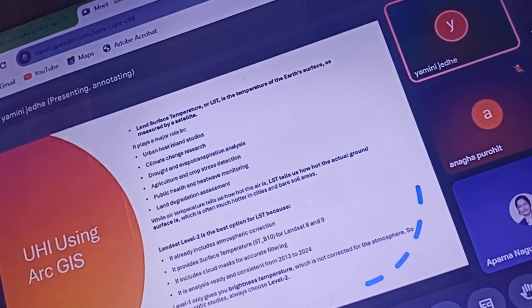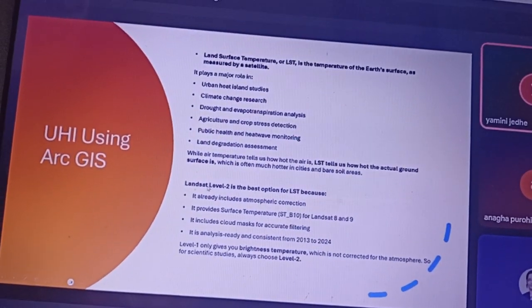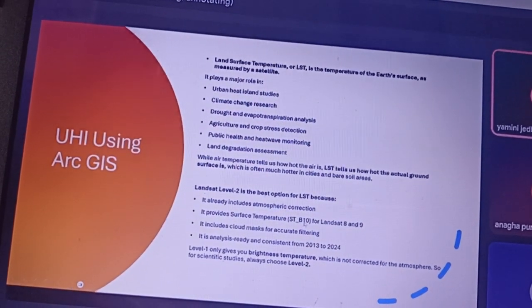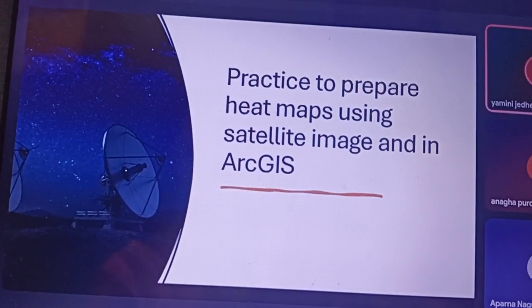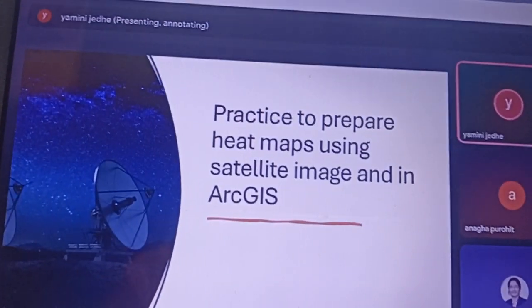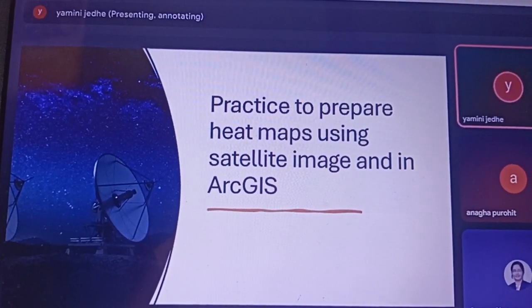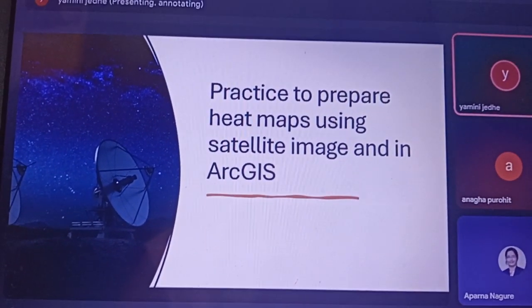So the outcome is not accurate if you consider level 1 satellite imagery. So you have to by default consider the Landsat level 2 satellite imagery, and the band is BT10, which gives you surface temperature. So these are the heat maps we usually generate using ArcGIS. Also, similar analysis can be done in Quantum GIS.